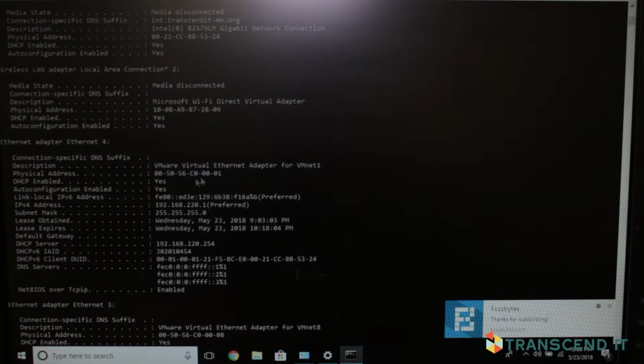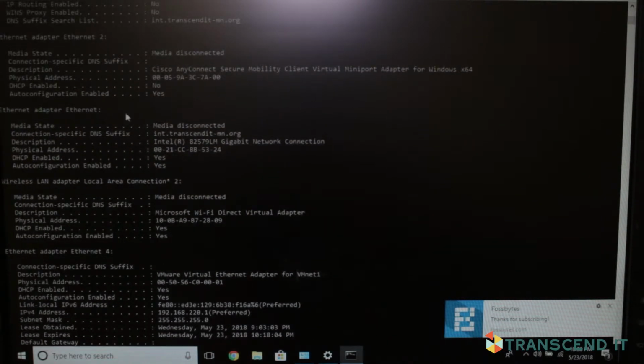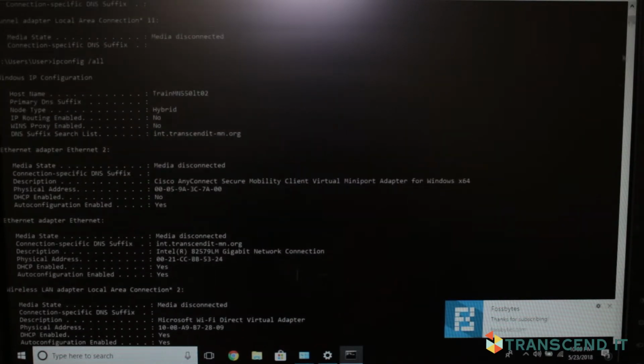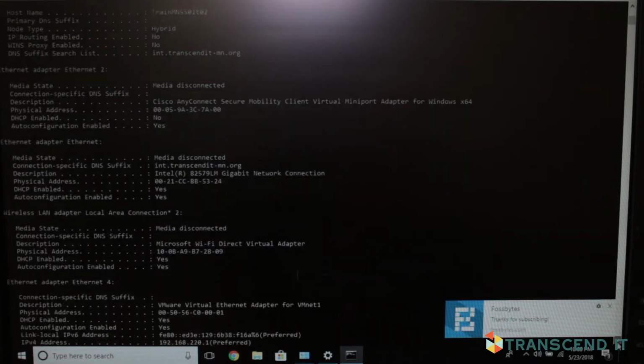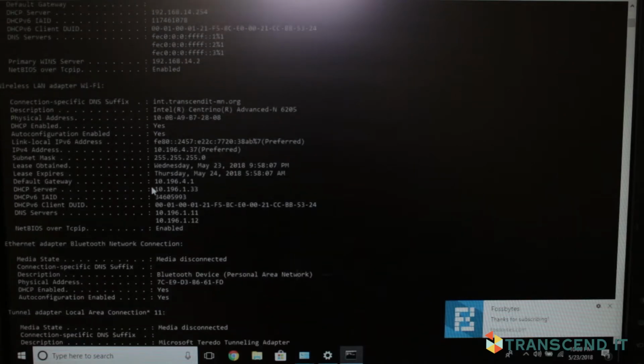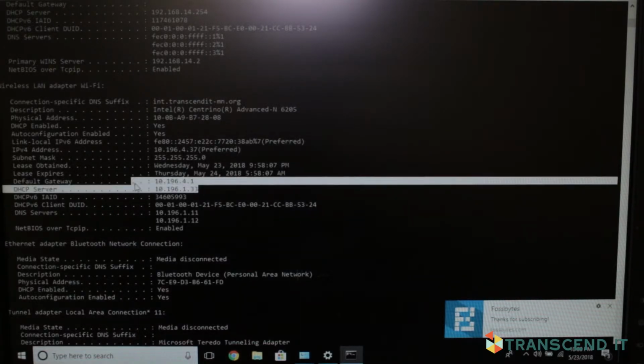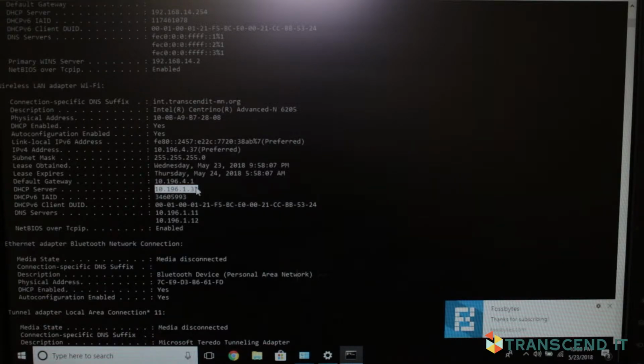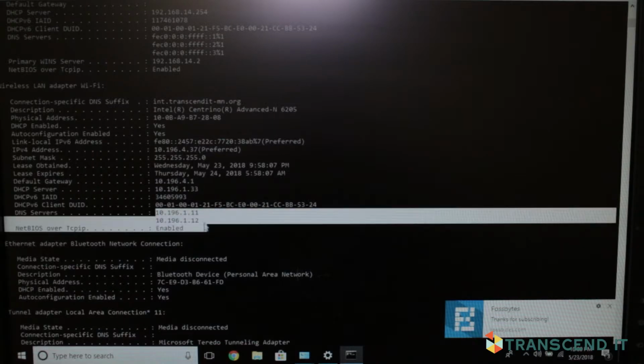So all the VMware stuff, right? You can completely ignore that. The Ethernet adapter is currently disconnected, so you can ignore that. So really, the only thing that actually matters is the Wi-Fi adapter, because that's the only one I'm actually using right now, which is right here. So this one shows me my IP address, subnet mask, default gateway, but now it shows me all this other information. So it shows me what my DHCP server is, which is really important, and also my DNS servers, which